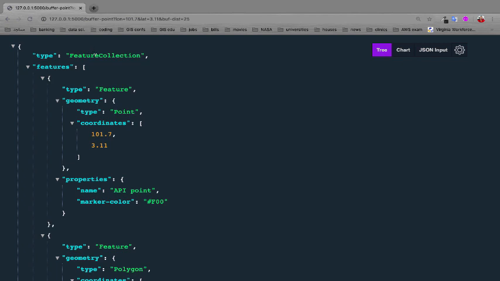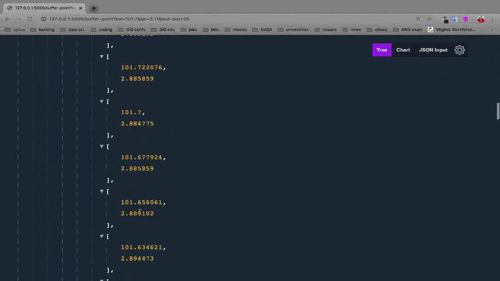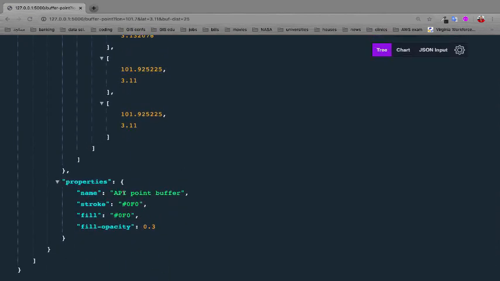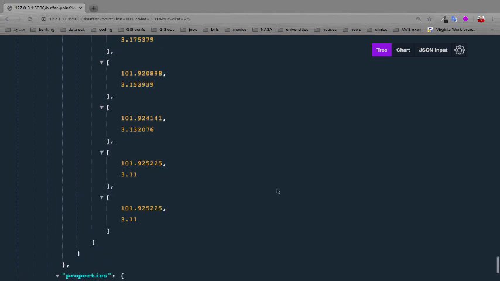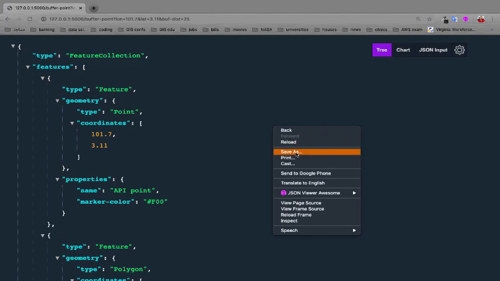So we have the feature collection, and this is the first feature, which is the point. And as you can see, this is what I called it in the code, API point. And this is the next one, which is the polygon. And at the end, you should see the properties. It is called the API point buffer. Okay, now I right click, hit save as,